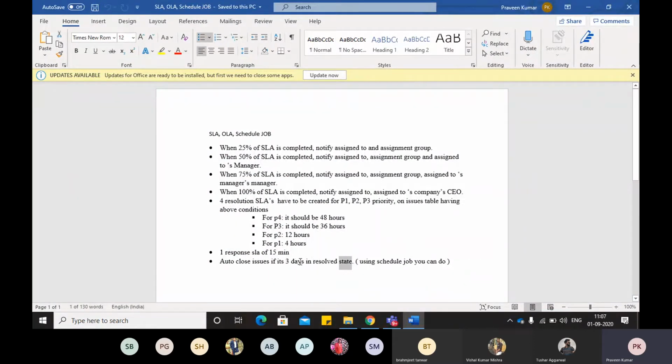So for example, when your incident, or if you're talking about the issue, when your issue comes into the resolved state, right? So you have to check the time when it came to resolved state. There should be a field like resolved_at, and that field value will be set once you resolve your issue or your incident, right?